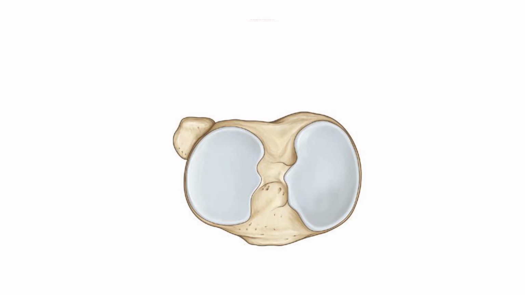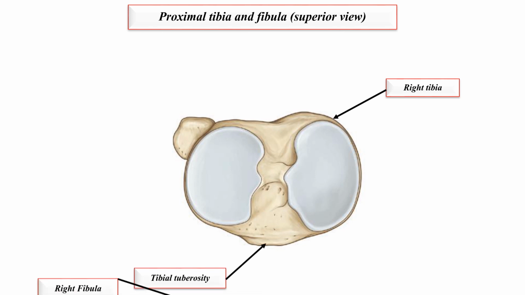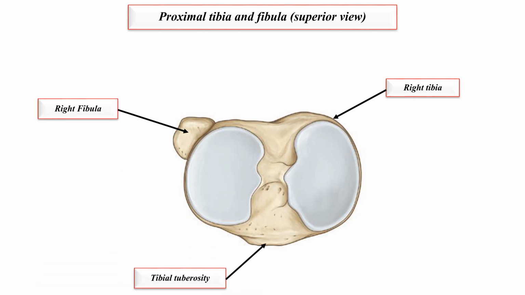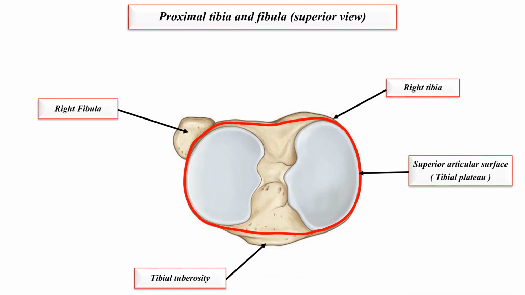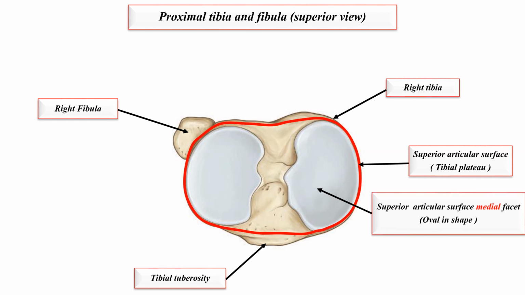This is a superior view of the proximal part of the tibia and the fibula. This is the right tibia and this is the tibial tuberosity anteriorly. This is the right fibula. This is the plateau surface, or the superior articular surface of the tibia, in which medially we will find the